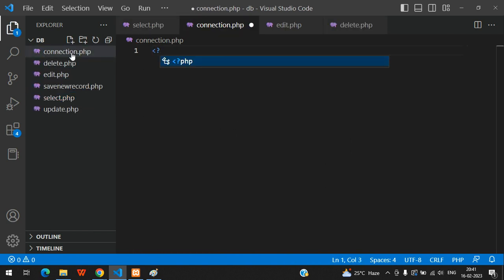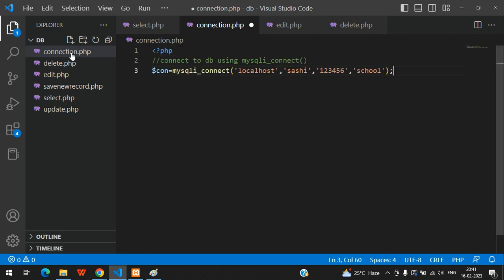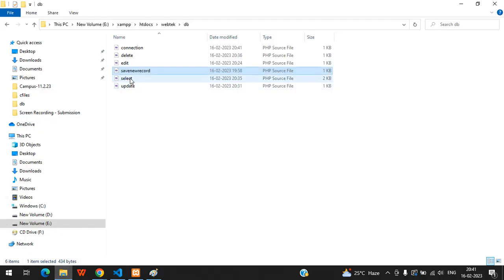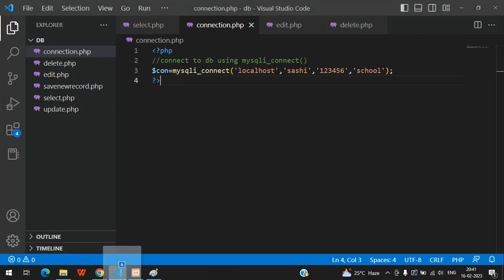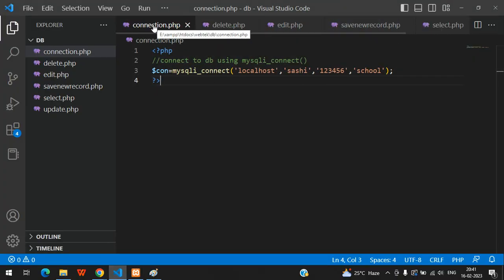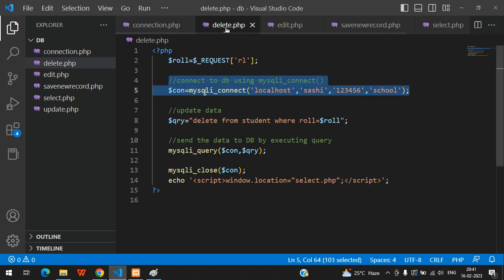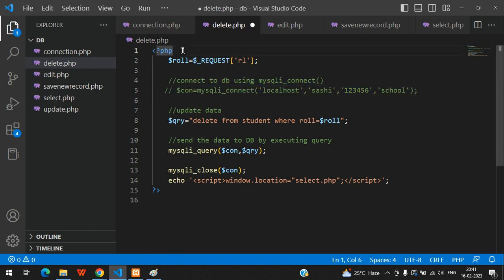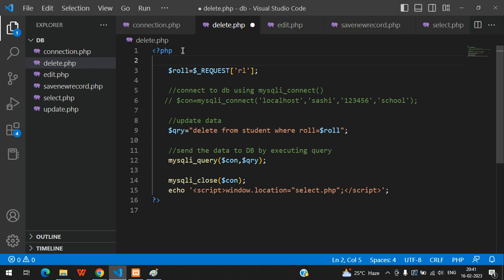Put it over there inside a PHP tag and save. Then connect this PHP file everywhere you require. See connection.php, so in delete.php you need this file. Instead of writing this line, what you can do is use the command